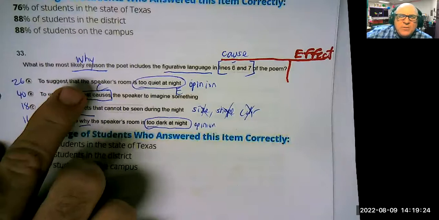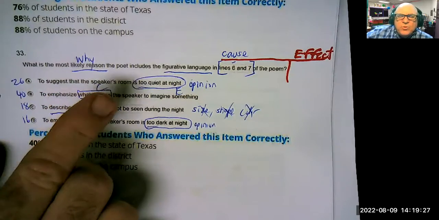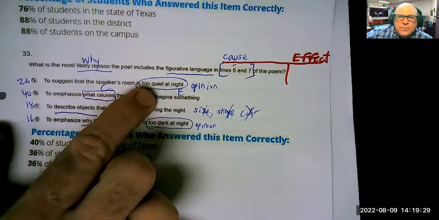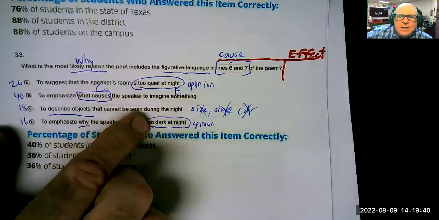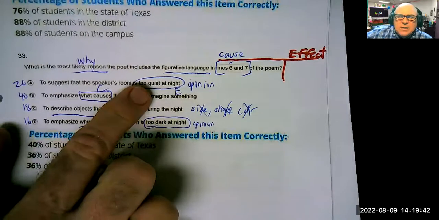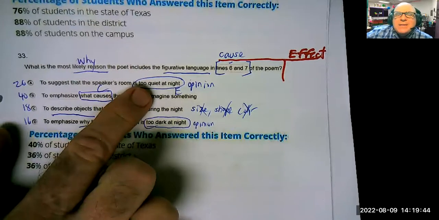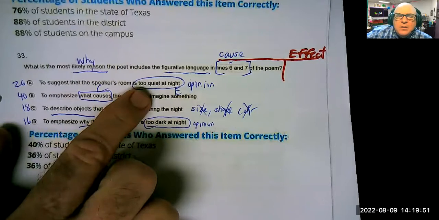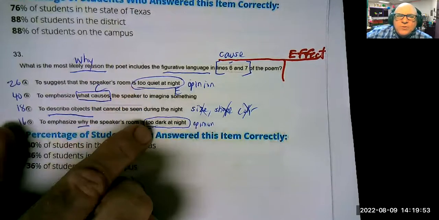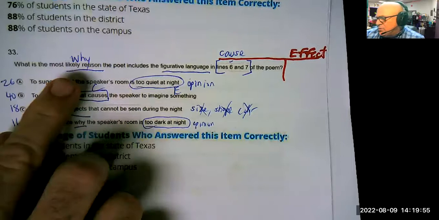And so your kids are going to have to understand there's a big difference between fact and opinion. And anything that I say, oh, you're too noisy, you're too quiet, you're too mean, you're too nice, you're too whatever, those are opinions. And so if we don't find opinions in the passage, or in this case, the poem, you can't select an answer that focuses on an opinion. But a quarter of the students did. So let's take a look